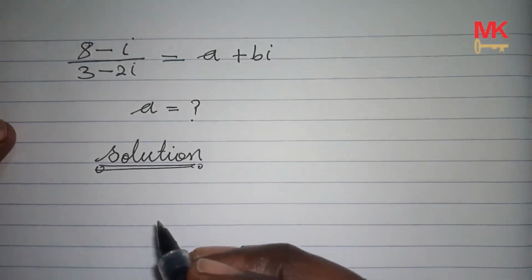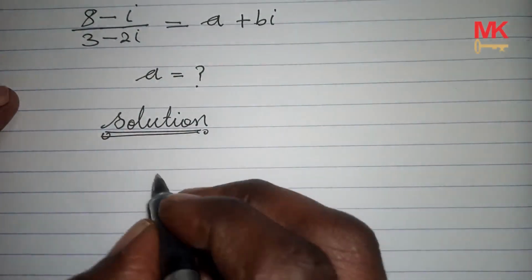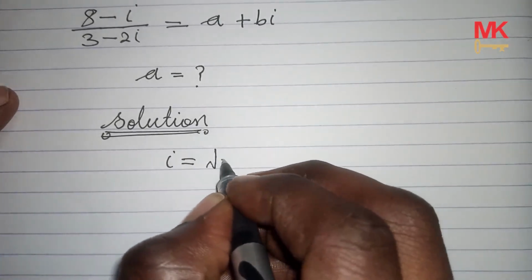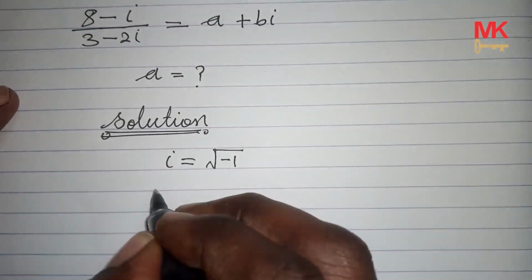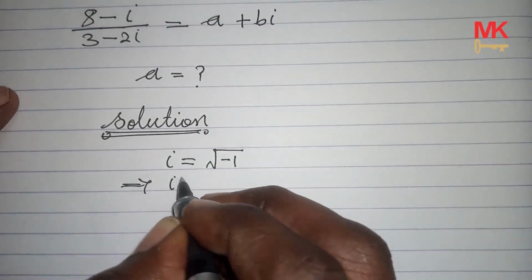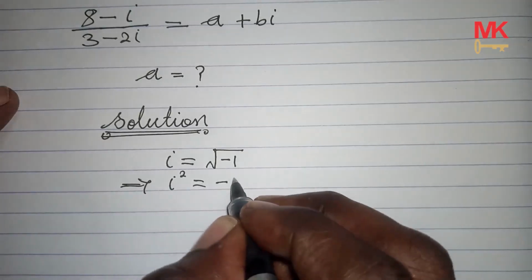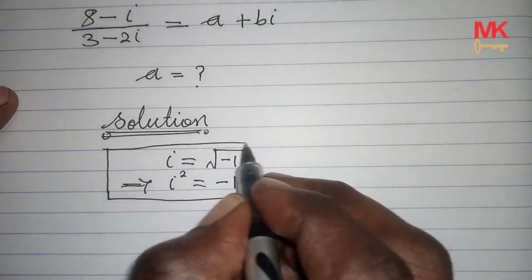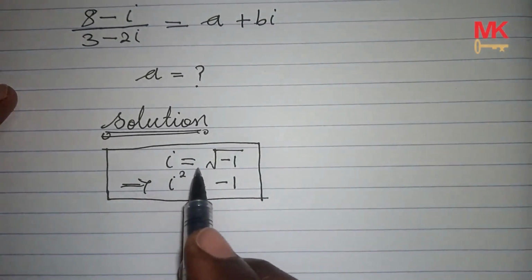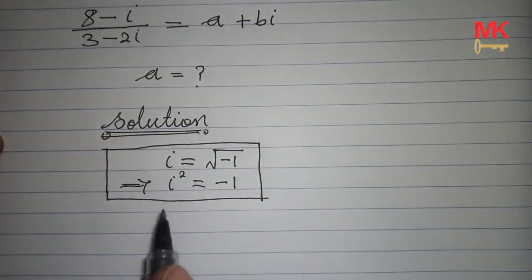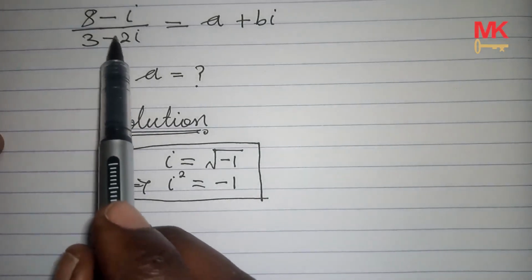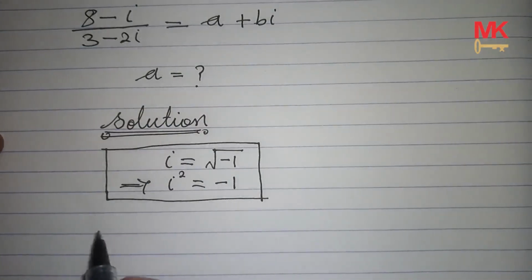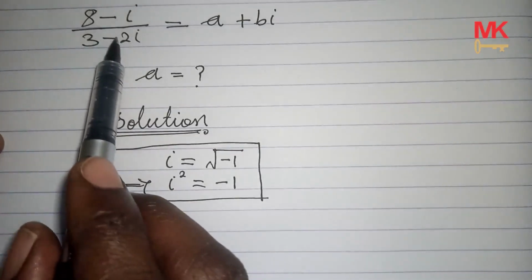Okay, what we need to take note of first of all is that i is equal to the square root of -1, which implies that i squared is equal to -1. Very, very important. We need to take note of this. So now we are going to simplify this side in the form we have said, and that will be done by multiplying both the top and the bottom by the